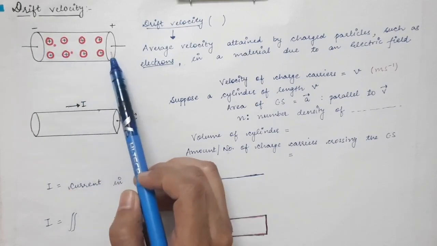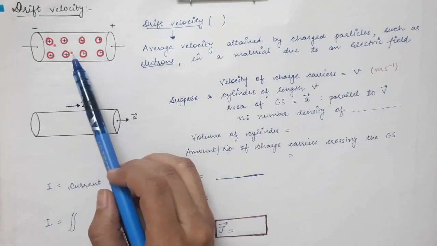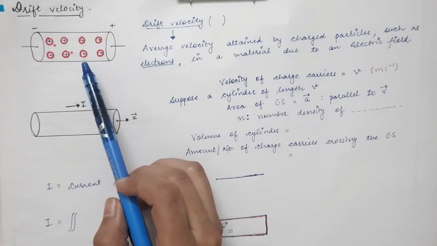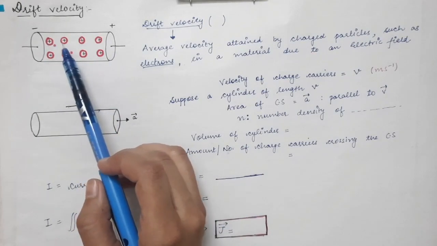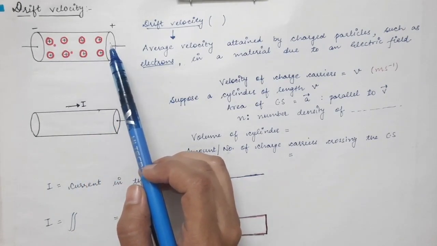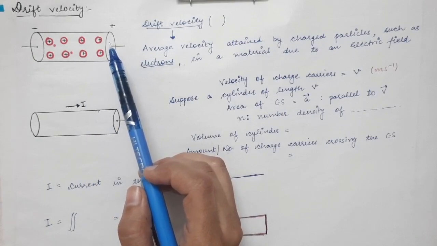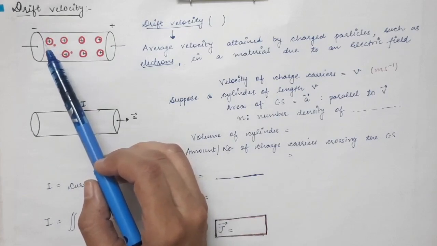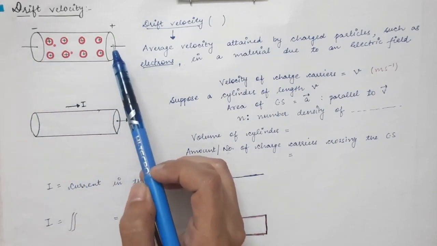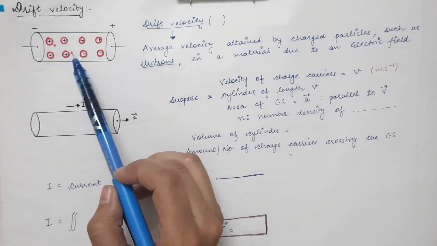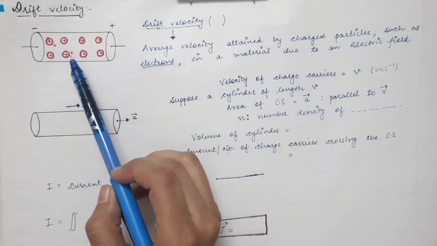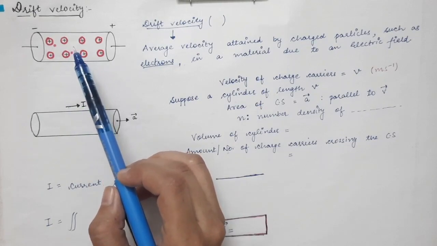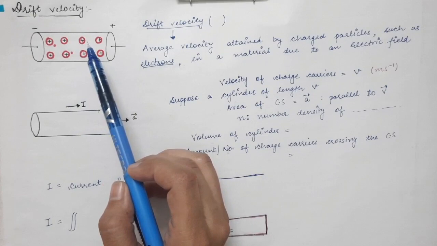so I am taking a conductor in this case, and these are the electrons which are present. There is a large amount of free electrons present inside the conductor, and these positive ions are almost fixed at their positions, so their movement is very negligible. So when we apply an external electric field to a conducting material, the charge carriers, in this case electrons, will start drifting under the influence of the external electric field. Drifting means they start moving.